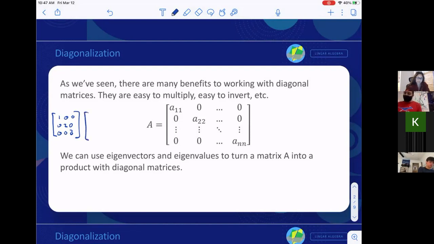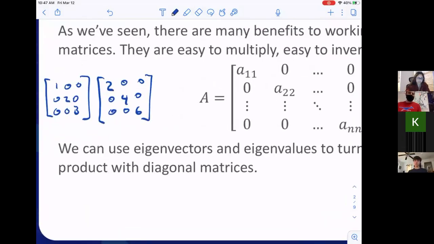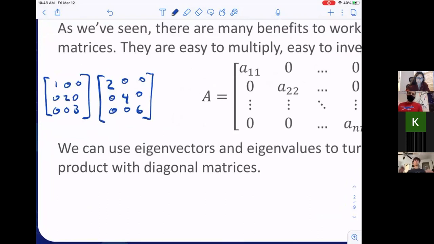If I multiply two together, normally I do a bunch of dot products of rows and columns, but most of the products here will be 0 because of the way this is set up. So really, the only ones you have to multiply are row 1 and column 1. So really, element 1, 1 from both. Row 2 and column 2. So really, the element on the second row with the element on the second row, 8. And then the third and the third, so 18.